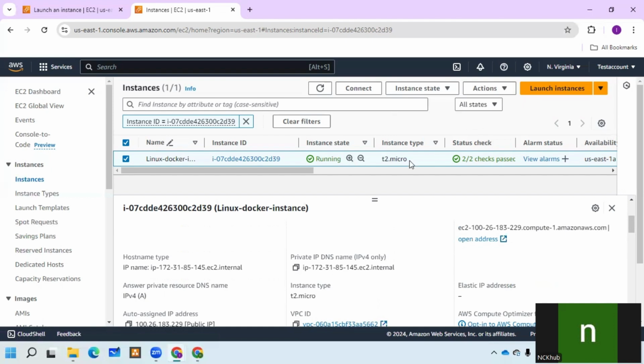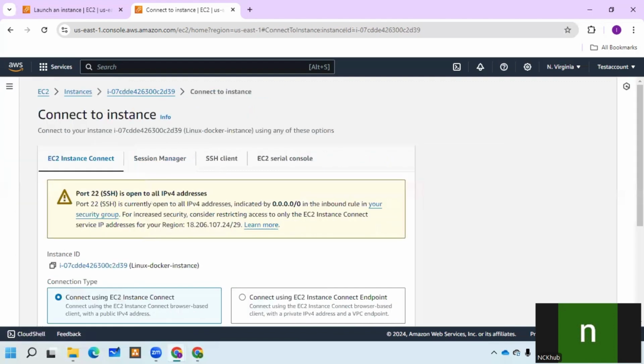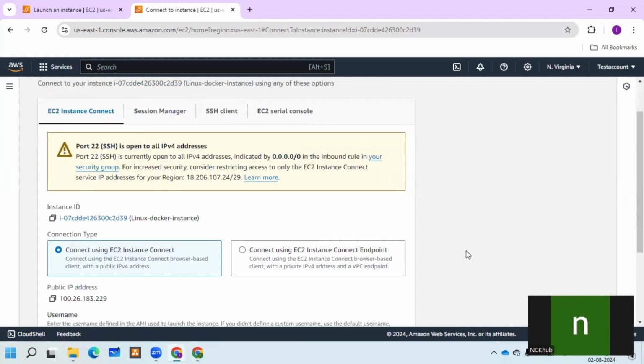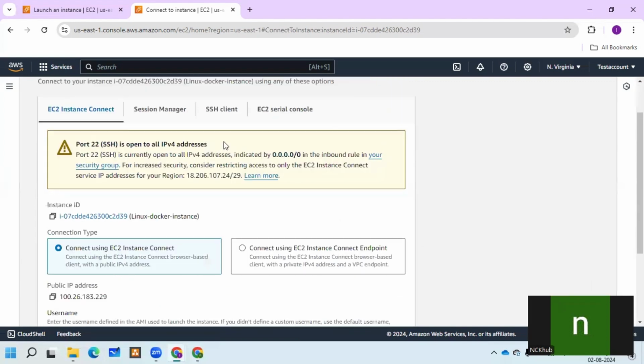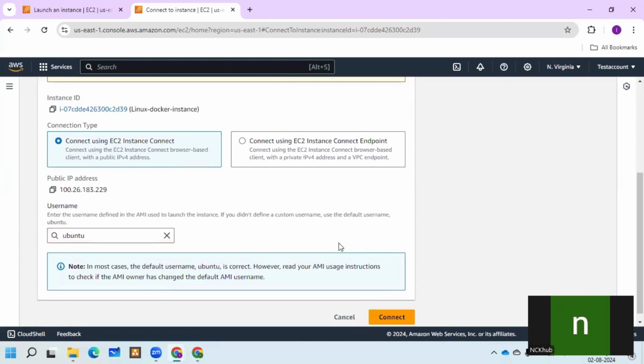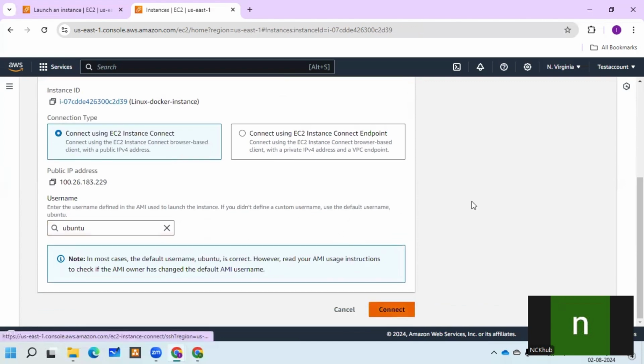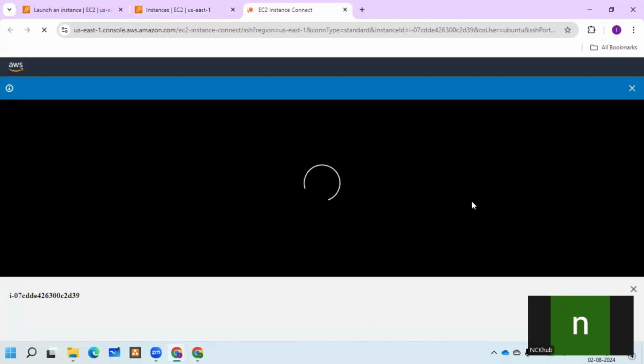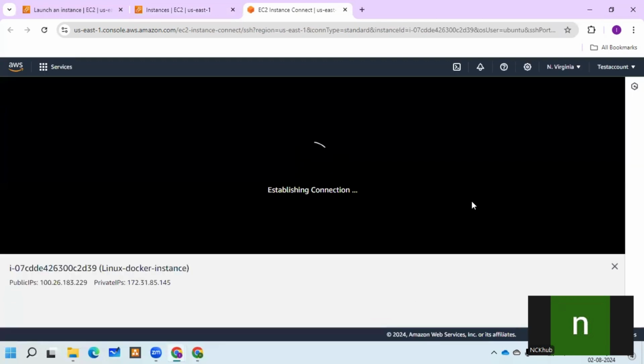So I'm going to connect to this instance. Here I'm going to connect with the mode of EC2 Instance Connect. We have several options: Session Manager, SSH client, EC2 serial console. I have already allowed SSH port 22. So I am going to connect using EC2 Instance Connect. Let's wait for a while till it establishes the connection. After it's connected, I will start